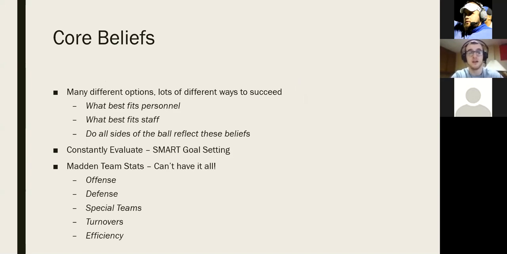I'm going to start with my core beliefs behind that, but we're going to move forward there. So the big thing that I strongly think about is any offense really needs to have different options, just like any program needs to have different options. There's a lot of different ways to succeed. There's a lot of different perspectives, and I'm not going to say most, but a lot of them work. Whether it's your ground and pound Wisconsin style offense, you're going to dominate time of possession. Be incredibly efficient